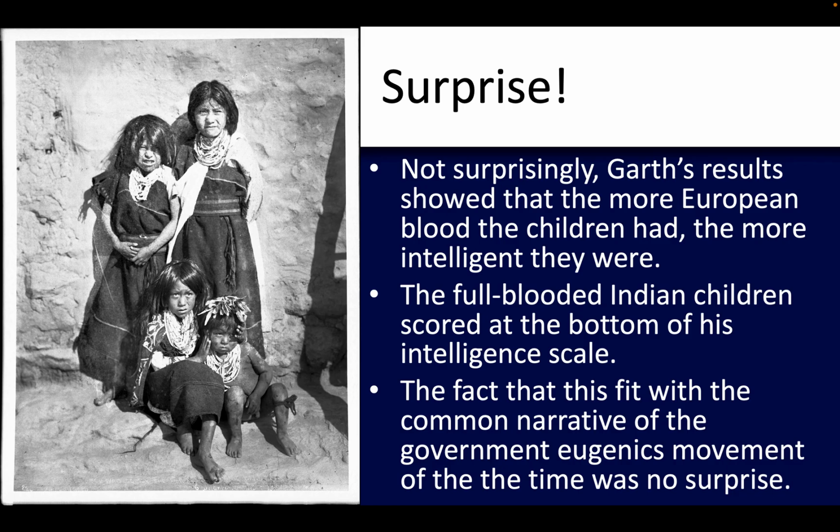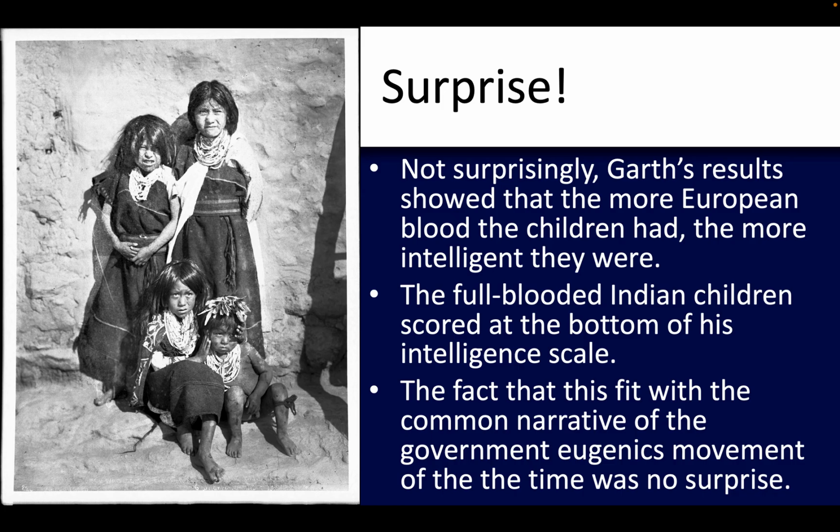They had already stopped immigration coming into the United States in the 1880s for people from Asia. So we didn't have people from Japan, China coming into the United States. And of course, Korea was controlled by the Japanese at this point. I think it may have been the Chinese, but we weren't getting people coming into the United States from Asia. And of course, Garth's research proved that indigenous children,